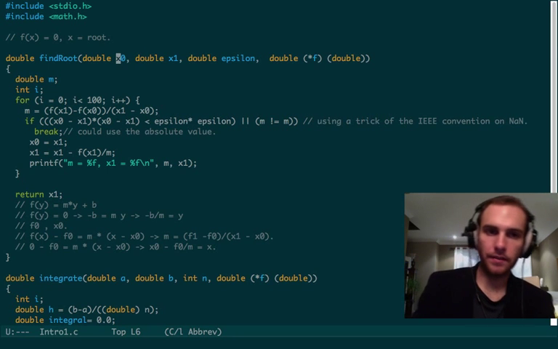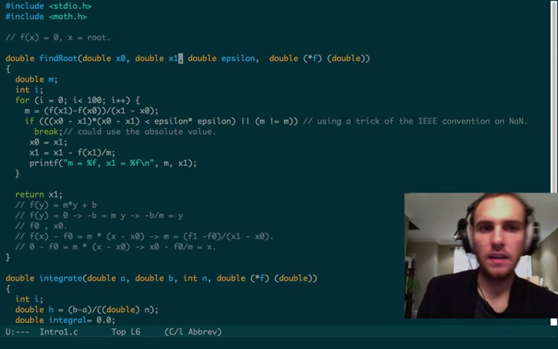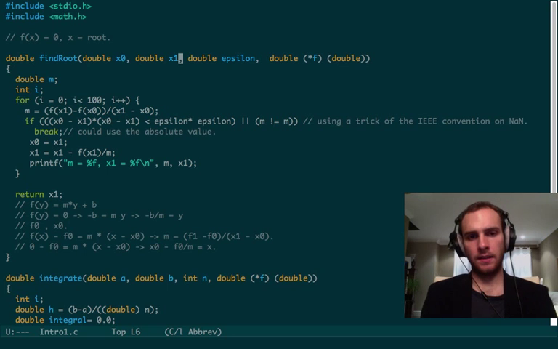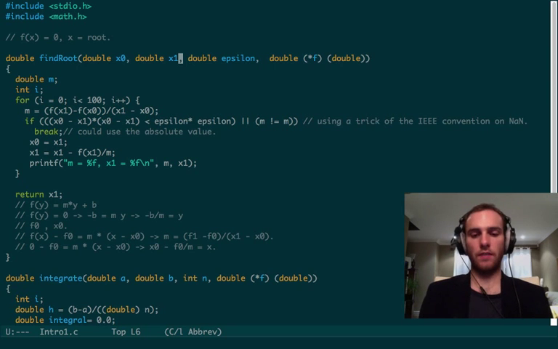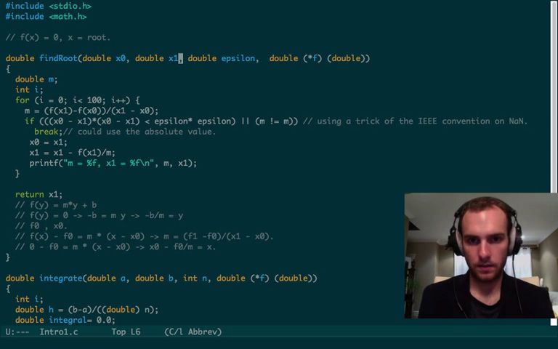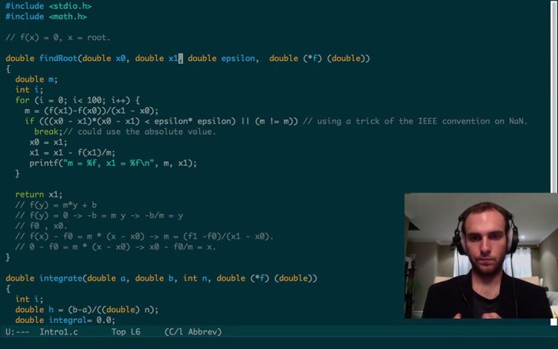One nice thing about this one is that you can combine it pretty easily with the bisection method, because you have 2 points, and the basic idea is that you will